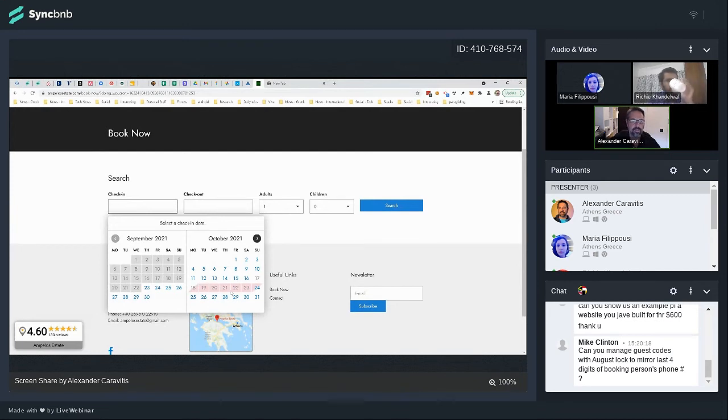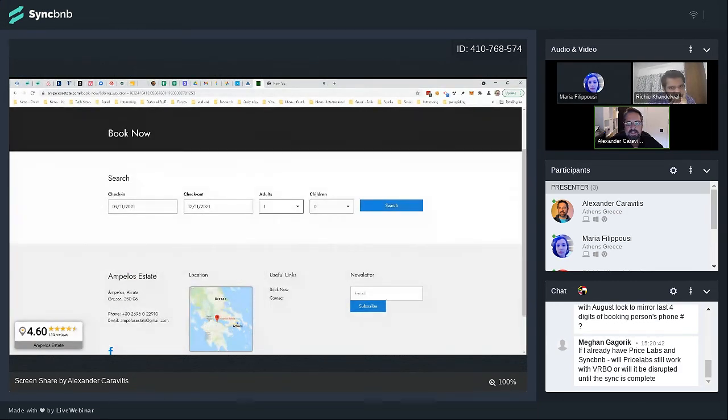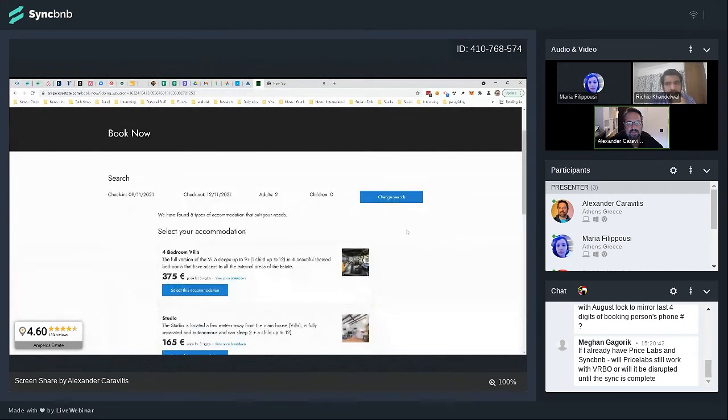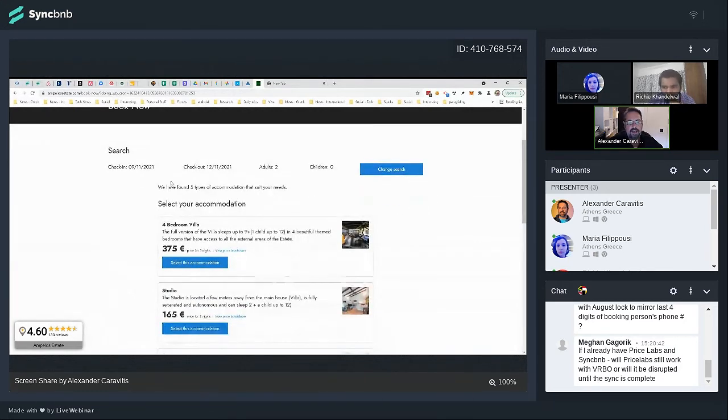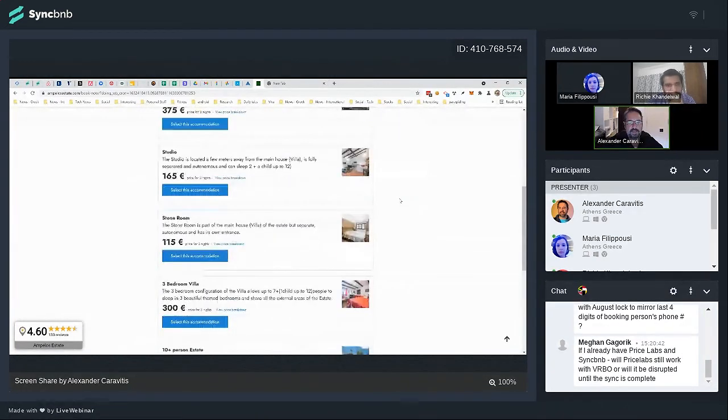Because we synchronize your website with all the other channels, your website knows which dates are available, so you don't get a booking on a date that is already booked. So you can just select the dates here and how many people, let's say 2 adults, for example, and click search. And now the system will try to find which of the properties have availability for 2 adults for these days. So it found these properties here.